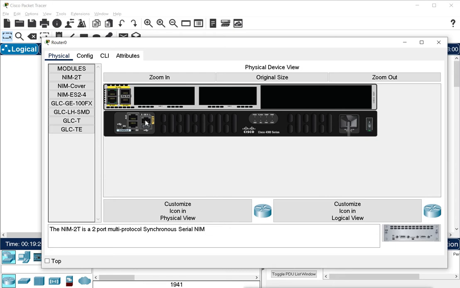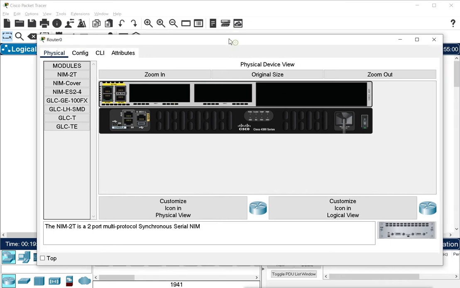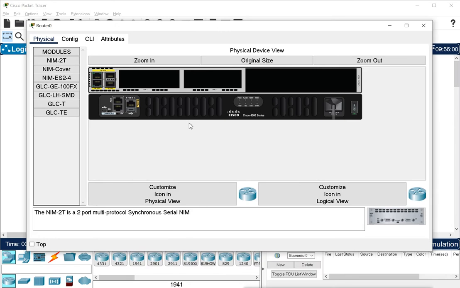Then on the back side we have modules. These are empty modules where we can add different modules to add different ports. As we know, we have two types of routers. One is non-modular, which means it's a fixed router. We cannot add any extra module for any extra ports or interfaces.